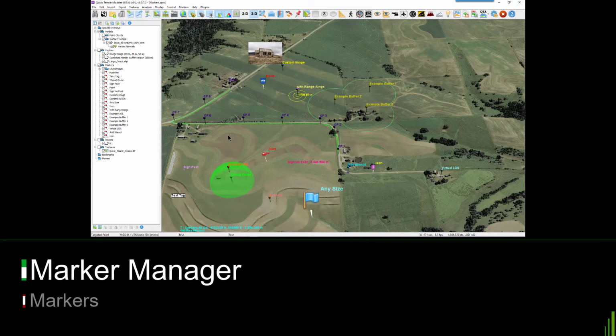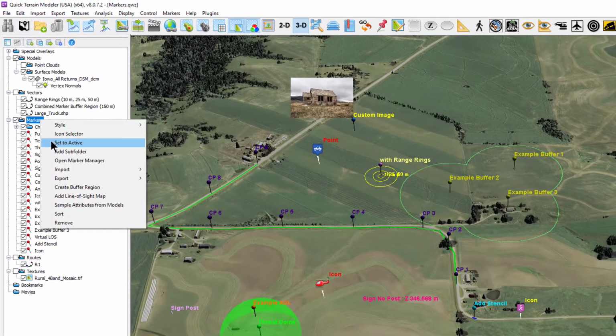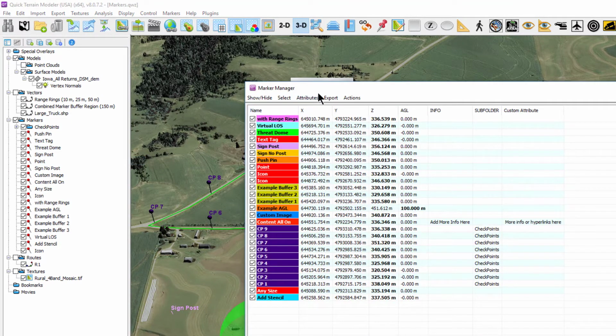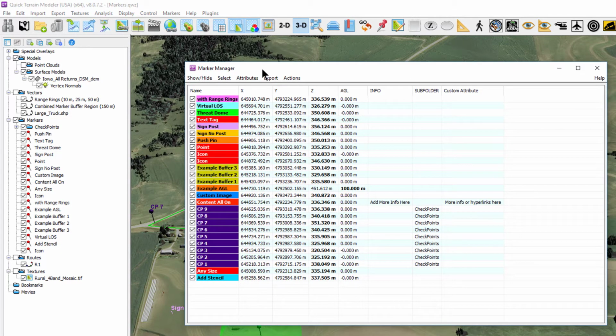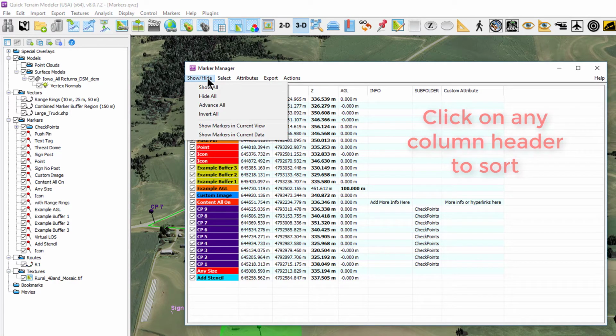The Marker Manager is another powerful tool when working with markers, especially when you have a large number of markers. Right-click on the Markers folder and select Open Marker Manager. This will show all the markers with their location and text attributes in tabular format. From this window, you can perform almost every function available to markers with the additional ability to choose and group